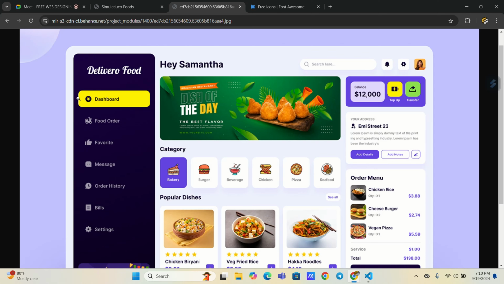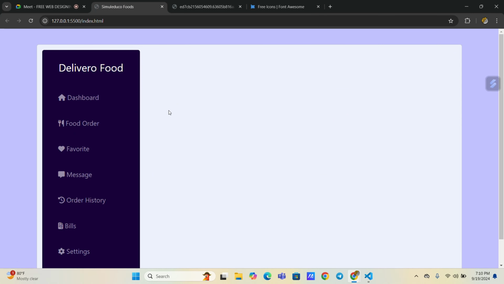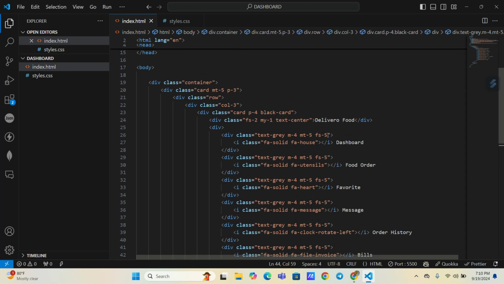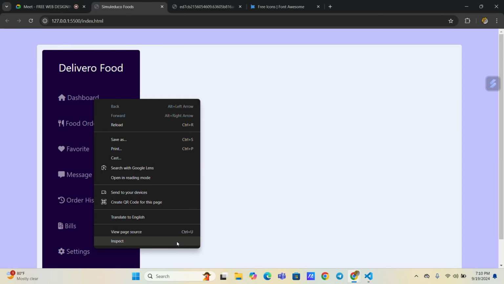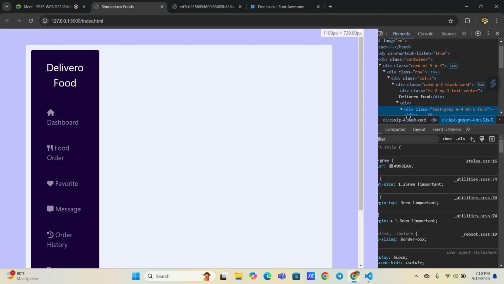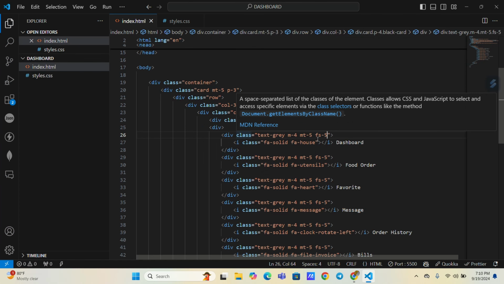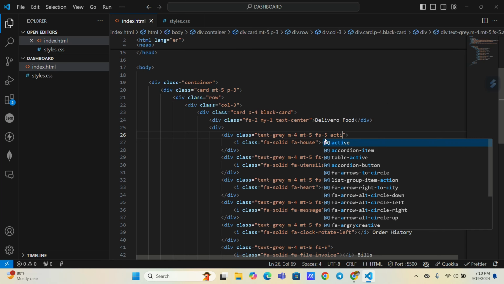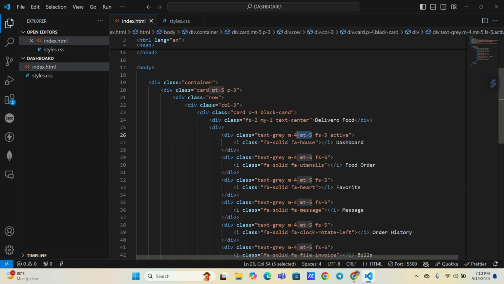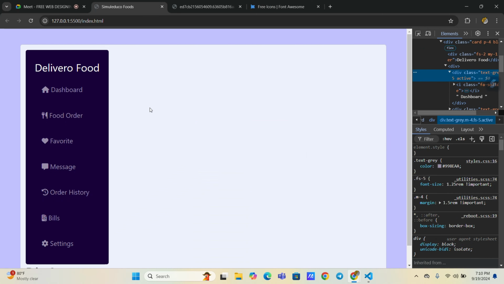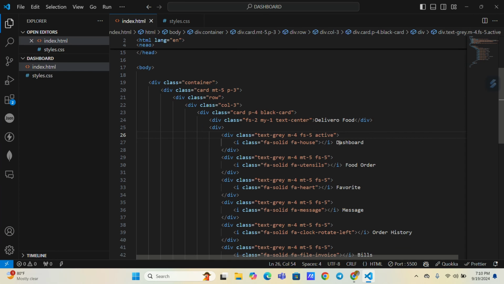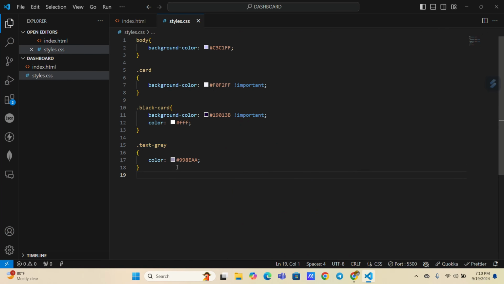Okay, so now let's do this background color. So for that, let's write one class. Let's inspect this first. Okay, inspect this. So this part, right? This part, which is text gray something, so we'll apply a class for this, the active class. Okay, simplify from here. So the active class, and let's apply some styles to this active class. So dot active,